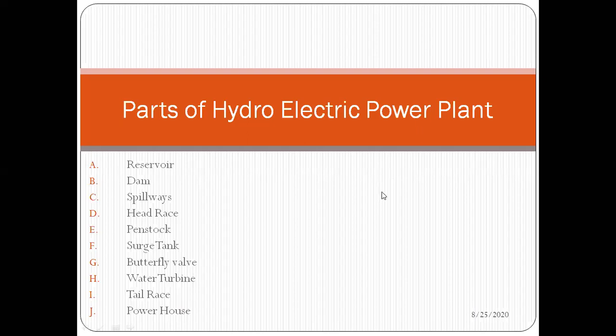Clear? I have one more video for you. This video shows an actual hydroelectric power station, where you can see how the electricity is generated. In my previous videos, it was basically the animation part. Now the next video is the real live video of one of the hydroelectric power stations.